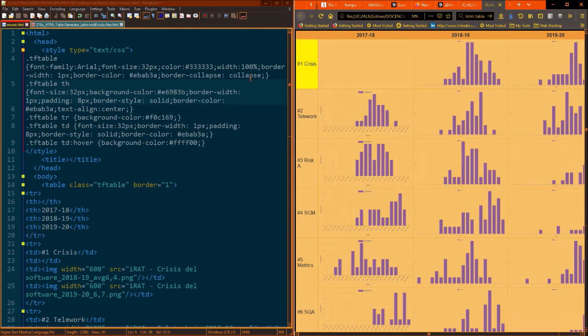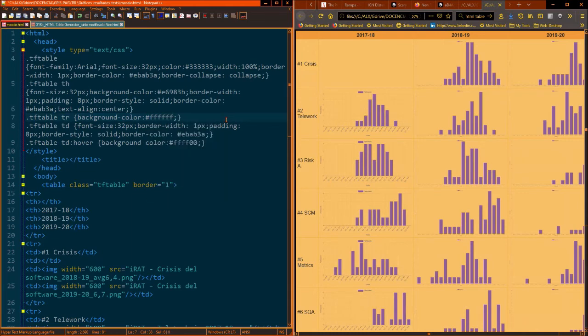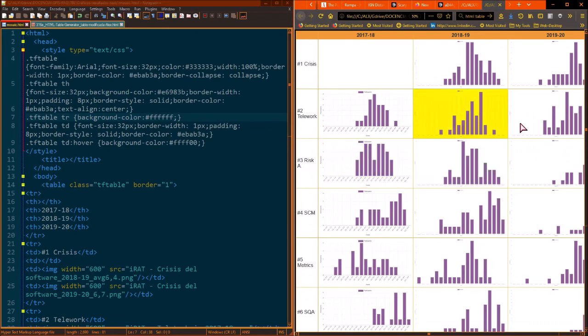So this is fine for the headings, but not for the rest of the graph. So I will look for TF table, table row, and instead of this background color, I'm going to put white. So I could just write white or FFFFFF, that is the hexadecimal number code for white. And now this is much better, and this is the table I wanted.